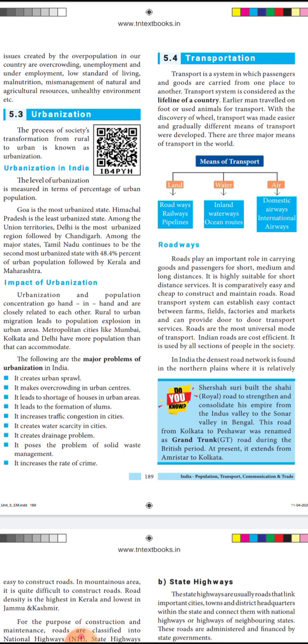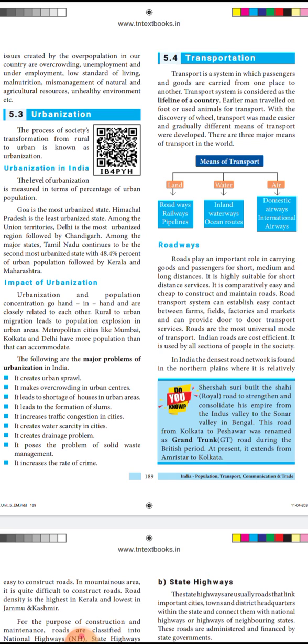Then the last part of this lesson will be trade. Trade is a very important phenomenon for the economic growth of the country. It is a process of buying, selling, or exchanging of goods and services. In those days, trade was in the form of barter system, that is, exchange of goods for goods, not on money. Later, since money was introduced, money was used as a medium of exchange for buying and